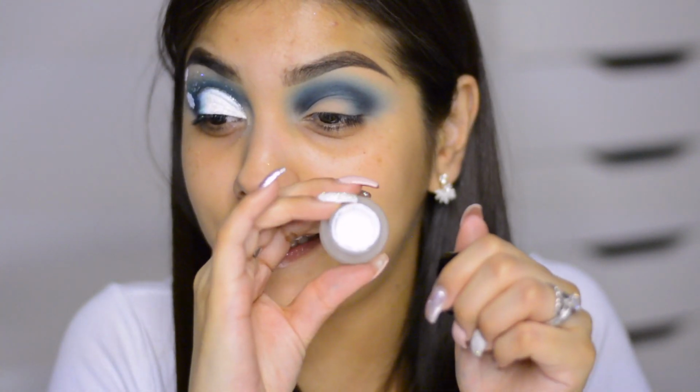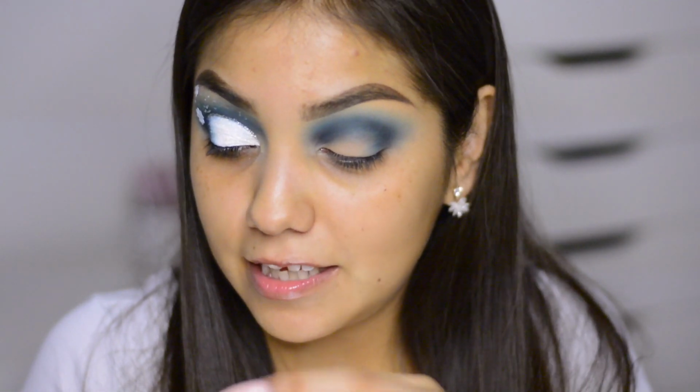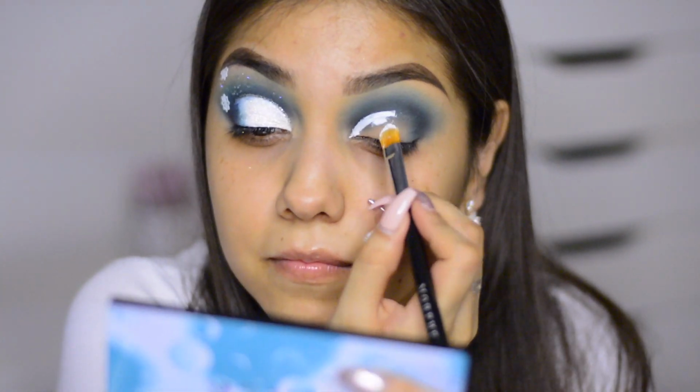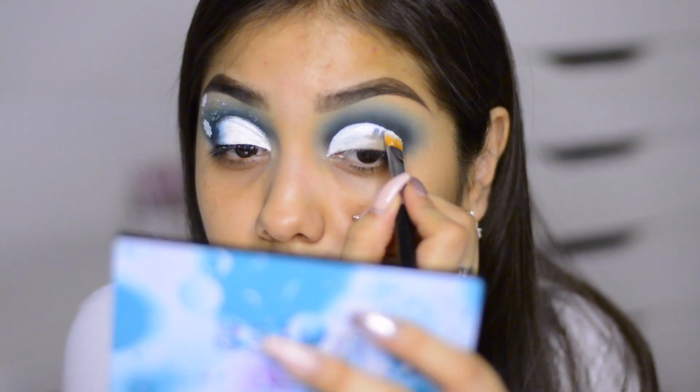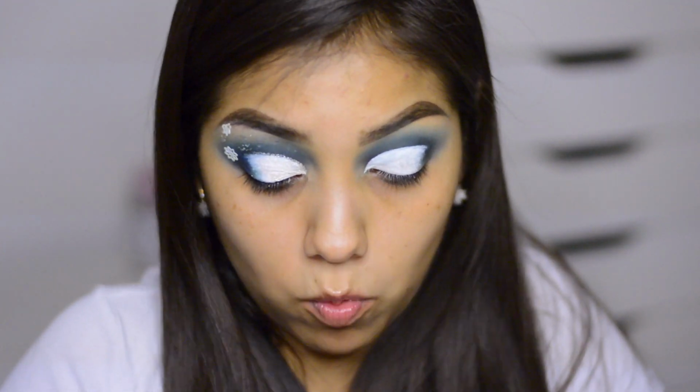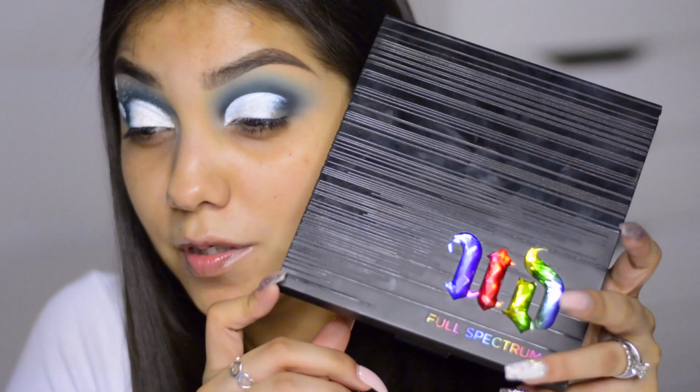So now we're going to cut the crease and I'm going to use the NYX gel liner and smudger in white. And I'm going to be using the Morphe M224 brush to cut the crease. Again, like I always say, you want to take your time with this. Okay, so now I'm just going to quickly set this white using a white from the Urban Decay Full Spectrum